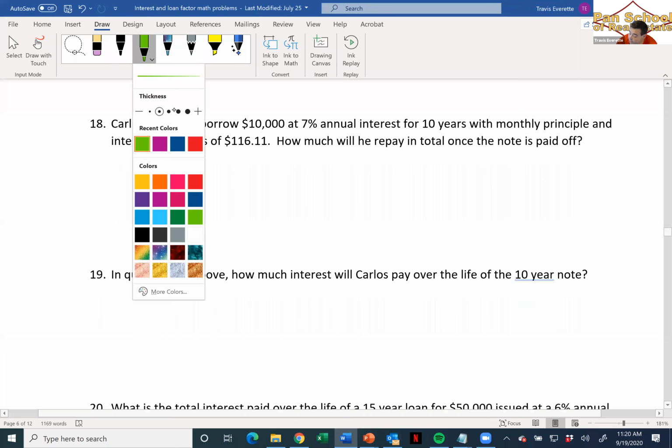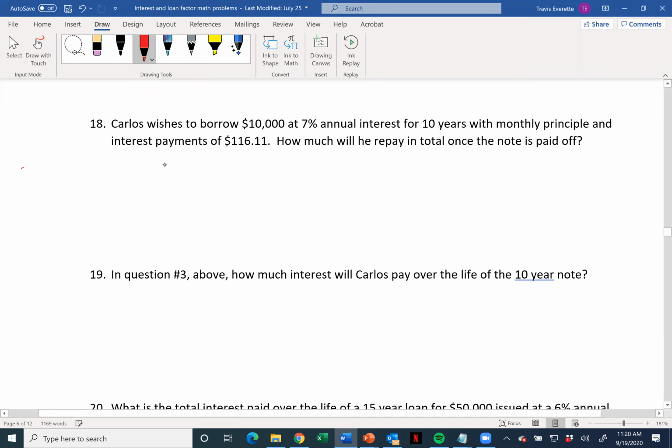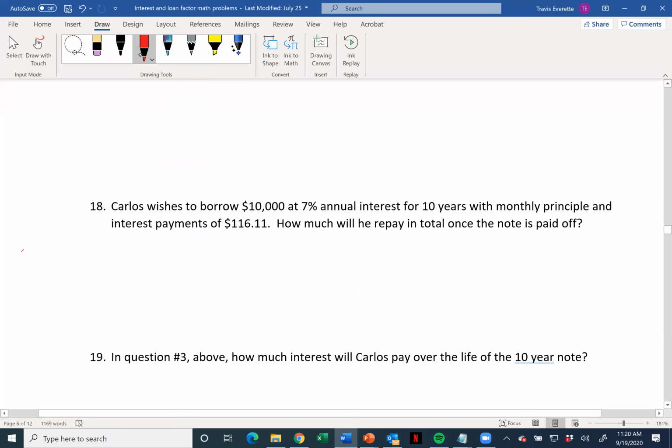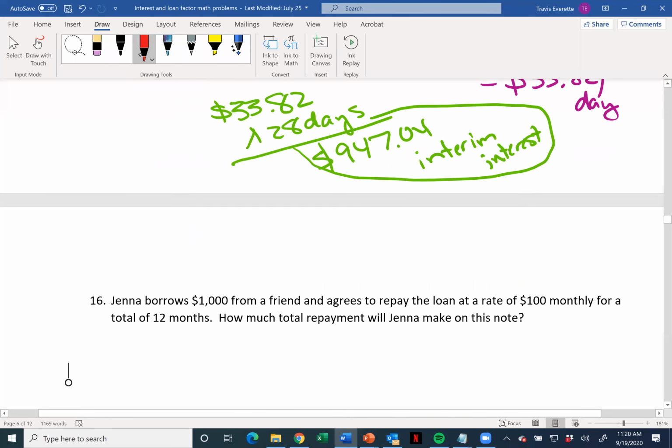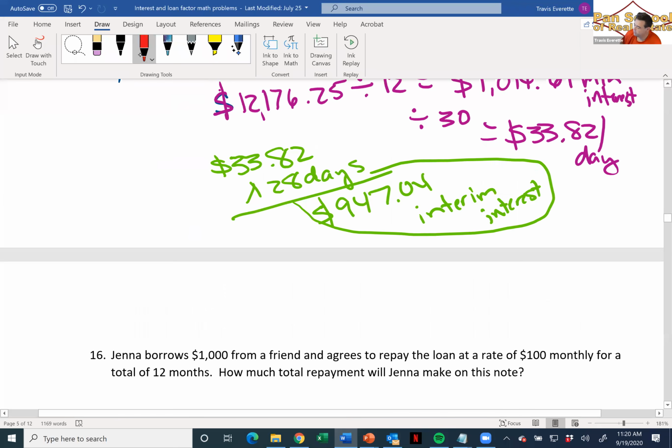Travis, can I ask a really dumb question? Sure. I multiplied 33.82 times 28 and got 946.96. I even made my son do it. I'm like, come here and do these numbers. What I got is 946.96. The .82 was a rounded number, and I never took it out of the calculator, so I never rounded. And that's why I say rounding doesn't make a difference.